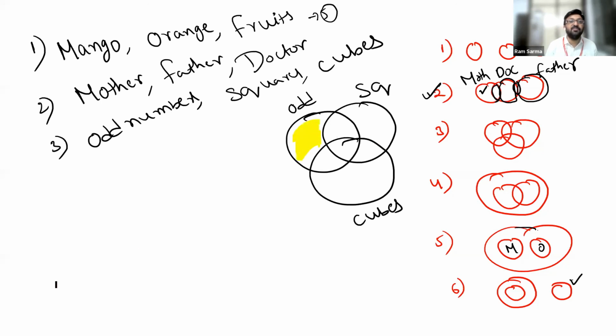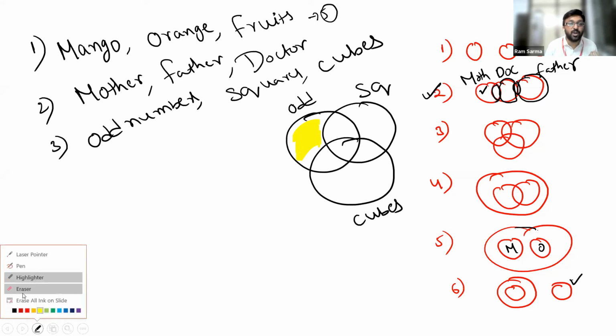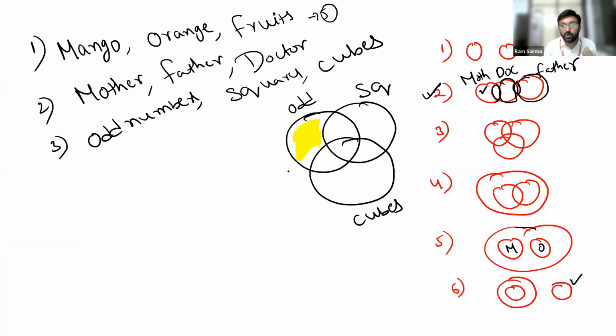Can you tell me any example which fits here? Numbers which are odd numbers. Tell me an odd number. That particular odd number should not be a square. It should not be a cube. Wonderful. 7, 3. Agreed. It can be 7. It can be 3. See, Mohammed, it should not be 1. Ali said 1. It should not be 1. Yes. There are plenty and plenty of numbers which are not squares, which are not cubes, but definitely those numbers are odd numbers. Wonderful.